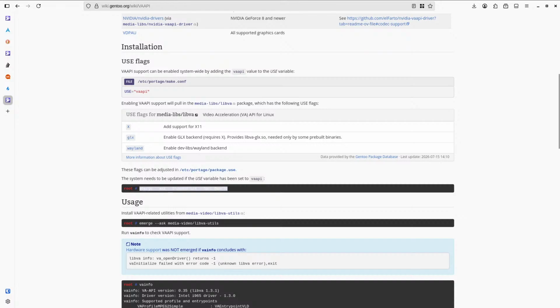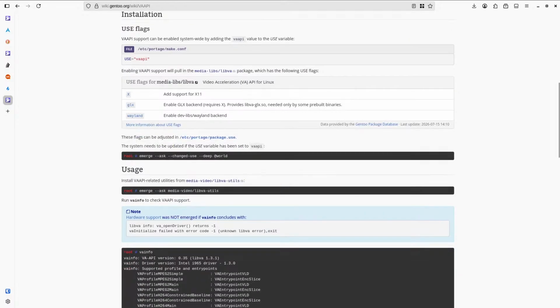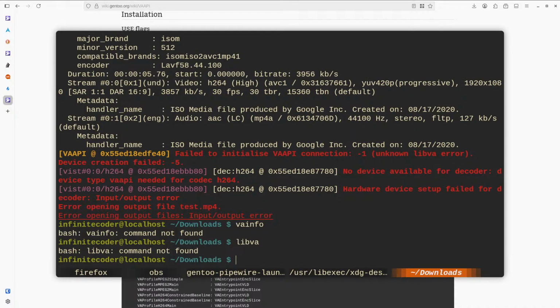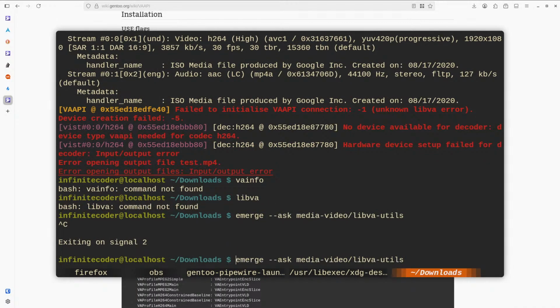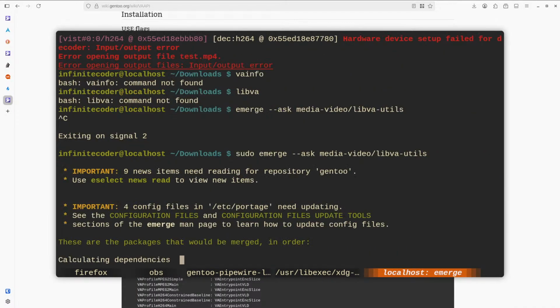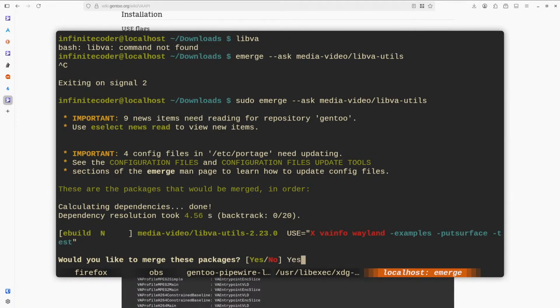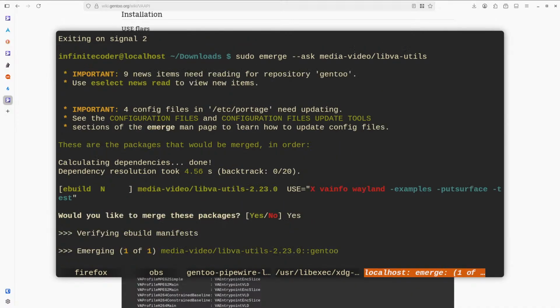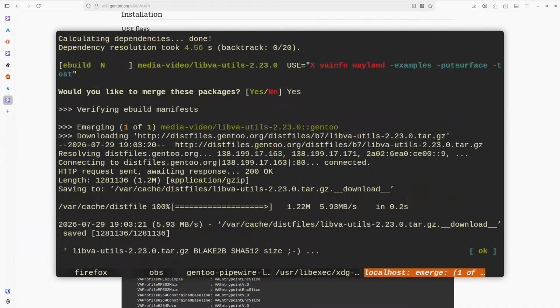Ooh, I don't wanna do that. Libva util. And I guess we can install that, to test it. XVA info.